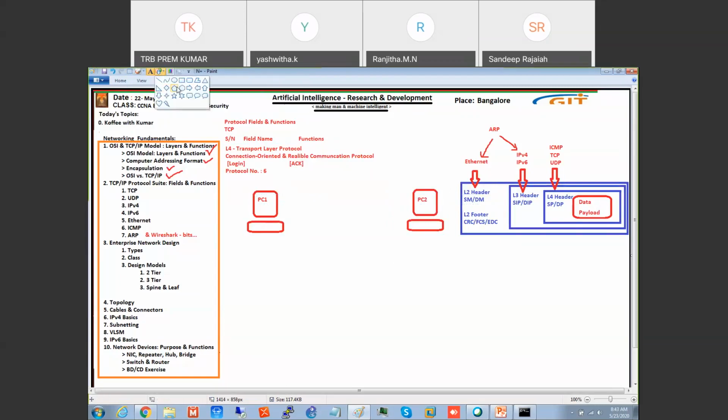PC1 thinks it is using an application over TCP. The topic we are going to study is called TCP packet walk. That is its name, packet walk. We are going to walk with the packet.